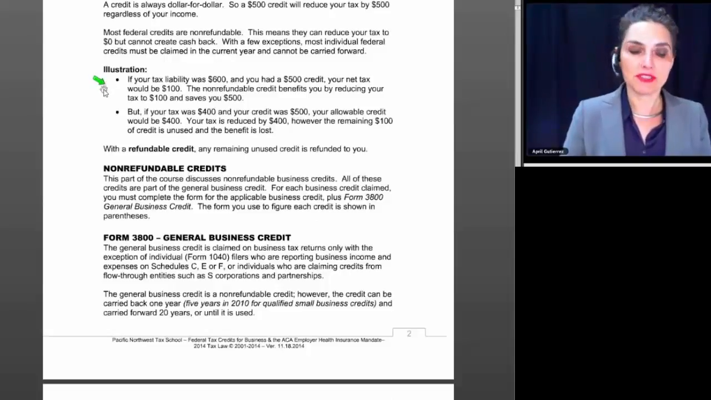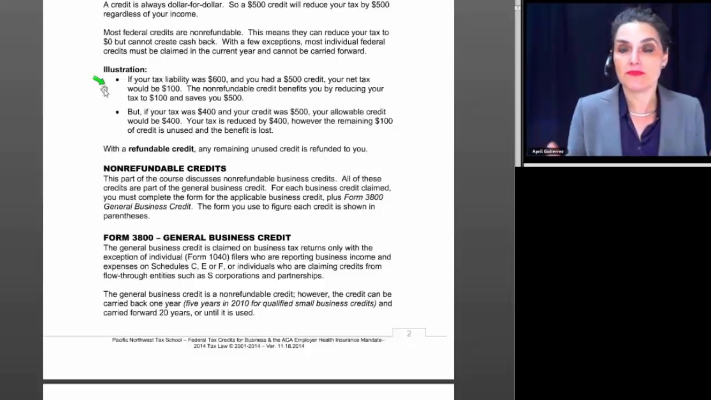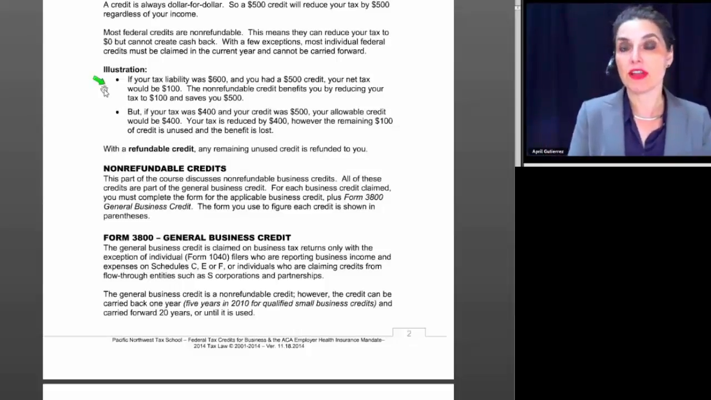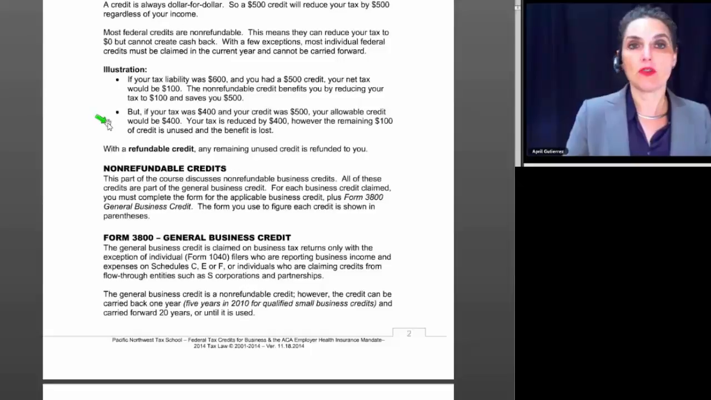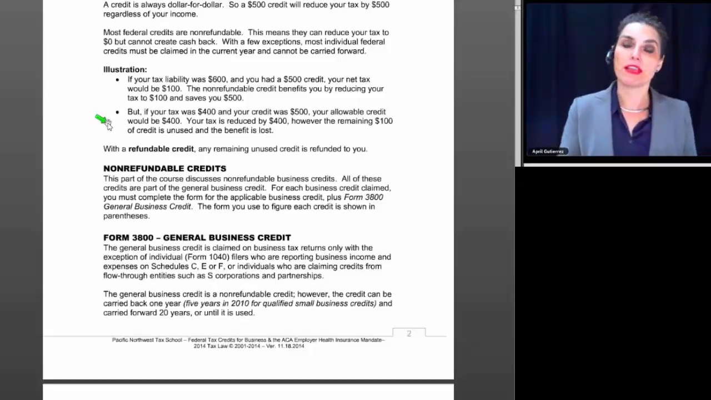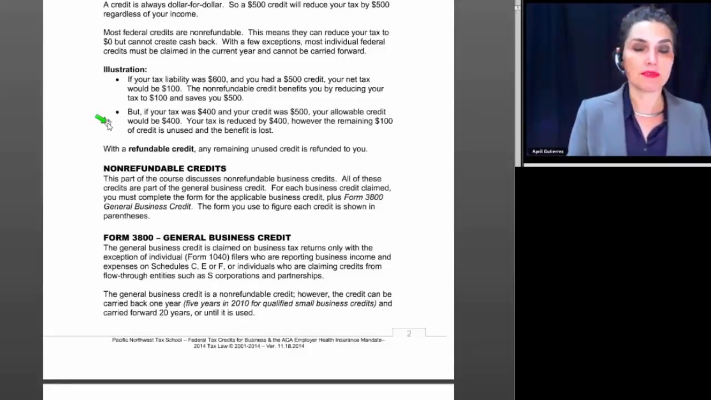If your liability was $600 and you had a $500 credit, your net tax would be reduced to $100, and you would actually fully benefit from that $500 credit by saving $500. But if your tax is only $400 and your credit was $500, your allowable credit would be $400 and the difference would be lost. That is the case with individual credits, but again with business credits, the business credit provisions